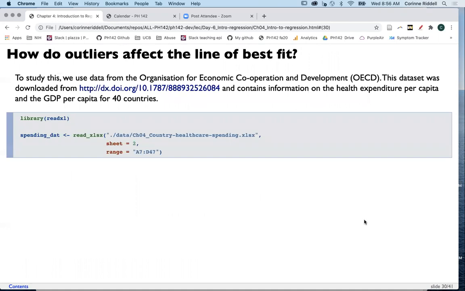Okay. The last thing we're covering is how do outliers affect the line of best fit. So again, imagine you have a scatter plot and that data hovers around a line, but you have an outlier away from the line. How does the outlier being present affect the line, the slope and intercept, the slope estimate and the intercept